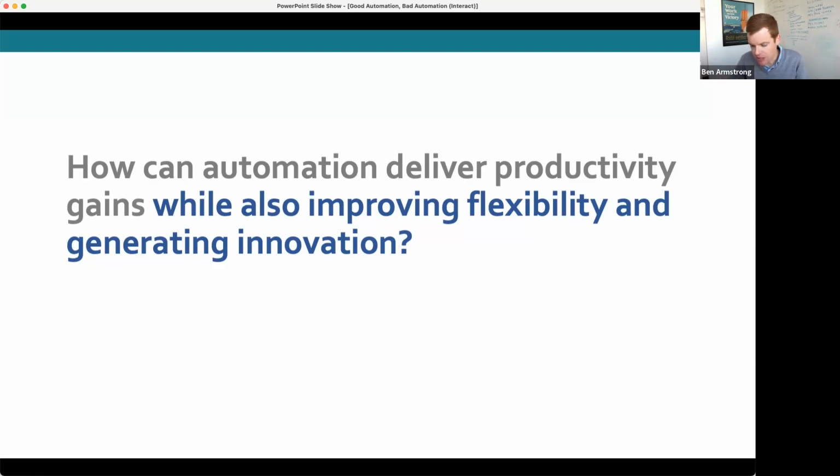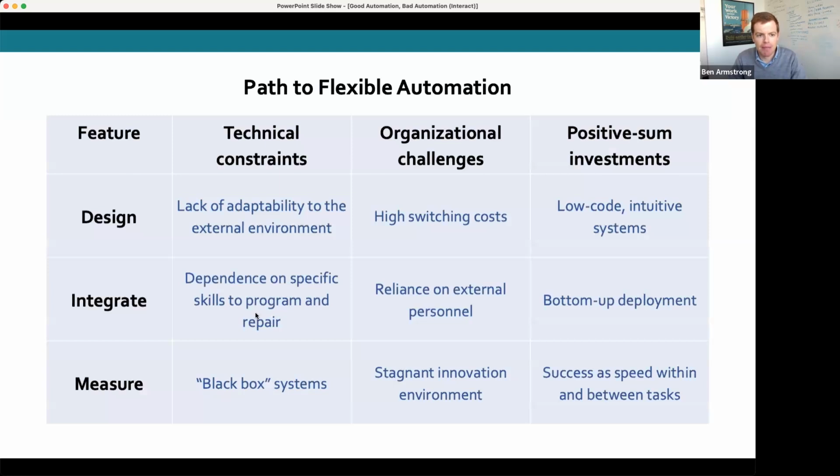And we've noticed this because in a lot of cases, particularly small and medium firms, if they bring in a robotic integrator to help them establish a robot use case, they would need that integrator to come in and work on the next use case and the next one and the next one. So they end up relying on this third party rather than using the robot as a tool internally, like they would their CNC machines to produce the various parts that they're shipping to customers. So the question really is how automation technologies can be flexible in the same way as a CNC platform might be for existing manufacturers. And here's the framework, really the path to flexible automation that we've